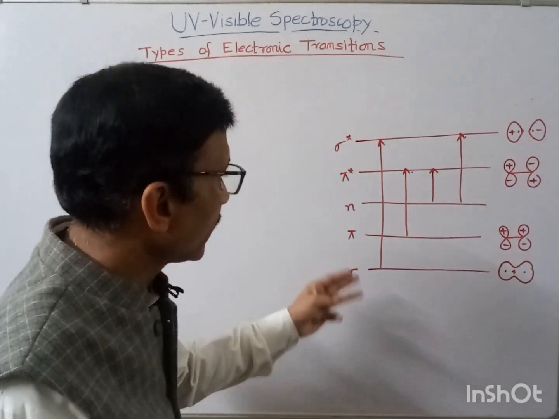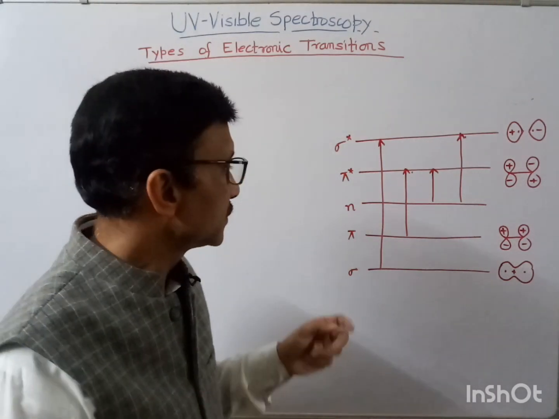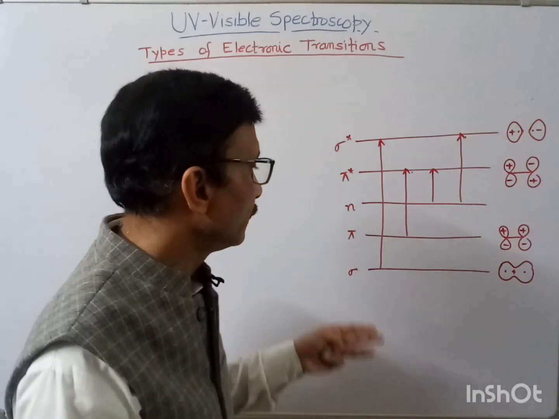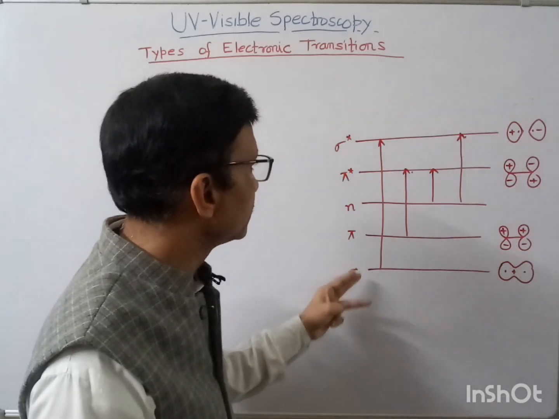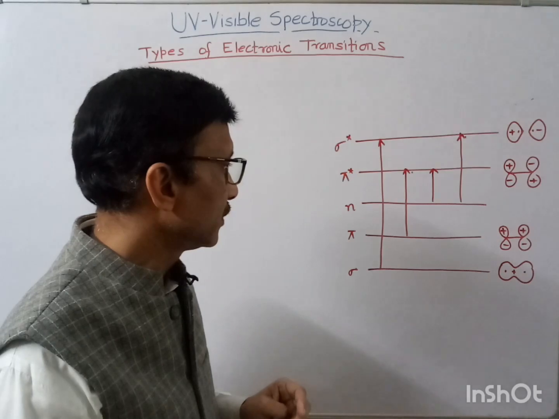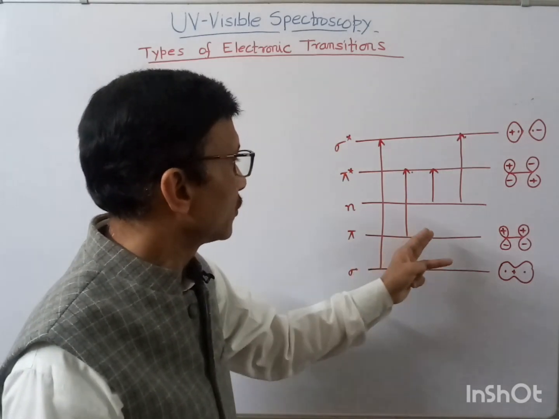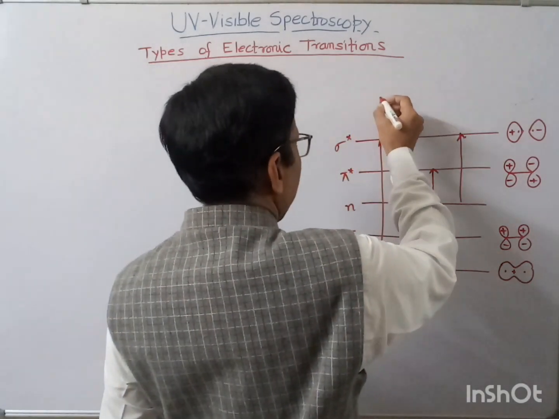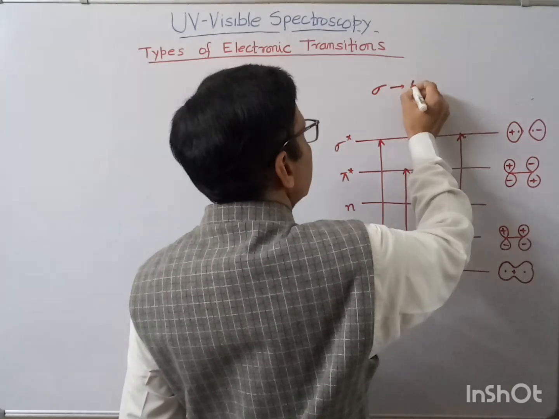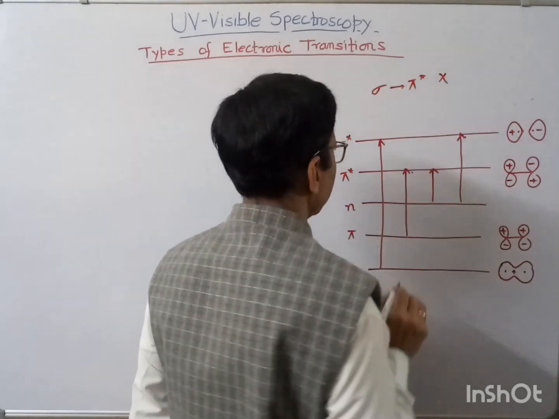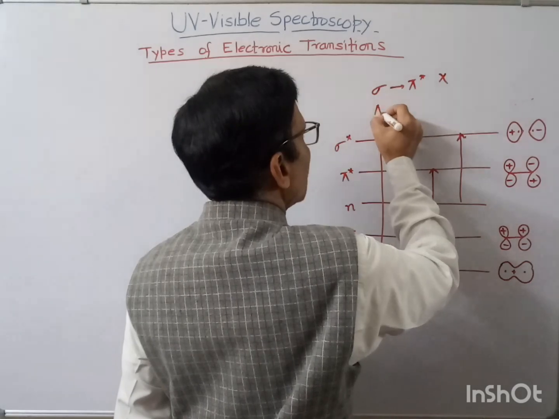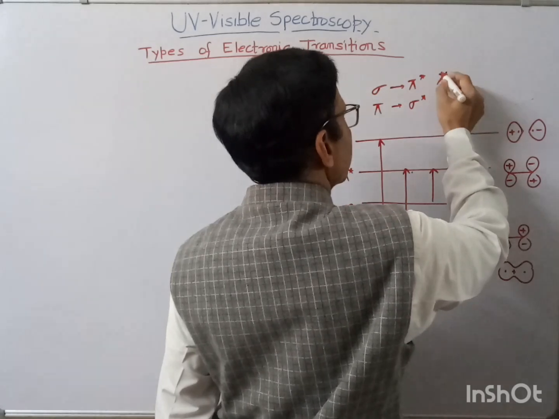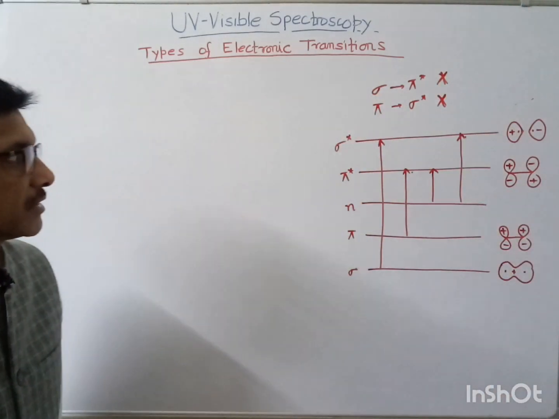Now one question arises: why is the sigma to pi star transition not allowed? I have not represented the sigma to pi star transition, and I have also not represented pi to sigma star. These two transitions, sigma to pi star and in the same way pi to sigma star, are not represented in the figure. So the reason that we may explain behind this